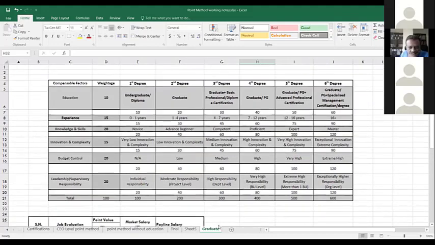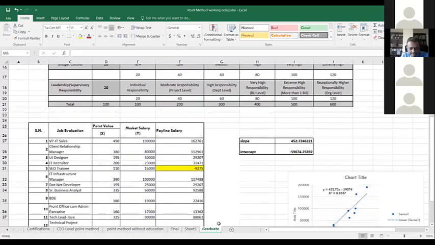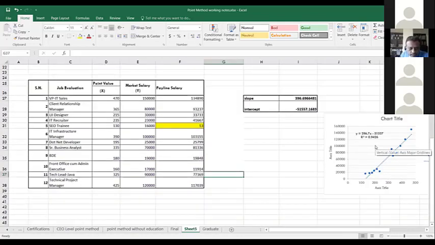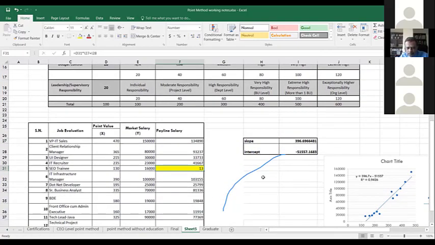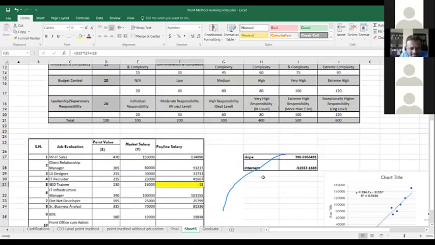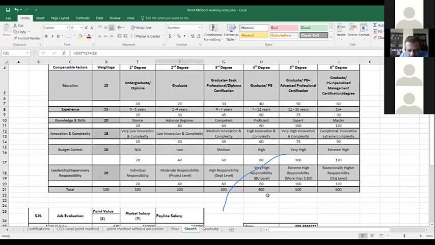Okay, sir. Last time I had a discussion with you where I had kept the education part one and the same, but right now I have added differentiation over here. My query is that R square is coming as 0.94, which is very good. But still, for one designation, the pay line salary is coming as 13. Show me, the R square is coming as 0.9426. Is it okay? Yes, everything is looking fine. There is no problem.